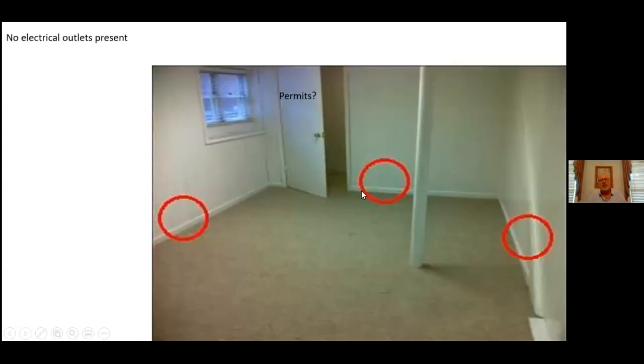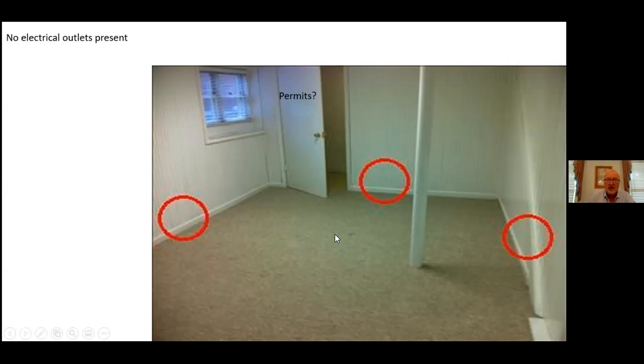Here we had a renovation done. So we're looking at this home for sale, and somebody's been a handy person or had a handy person come in and put up some paneling in this basement area, but no electrical outlets were installed, and they are required on each of the walls, and there are restrictions on how far apart, etc. So this would basically be called out that there were no electrical outlets present, and that they should be installed